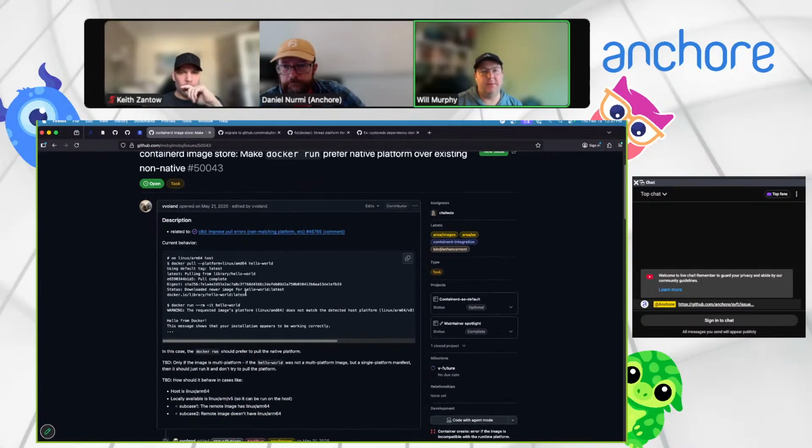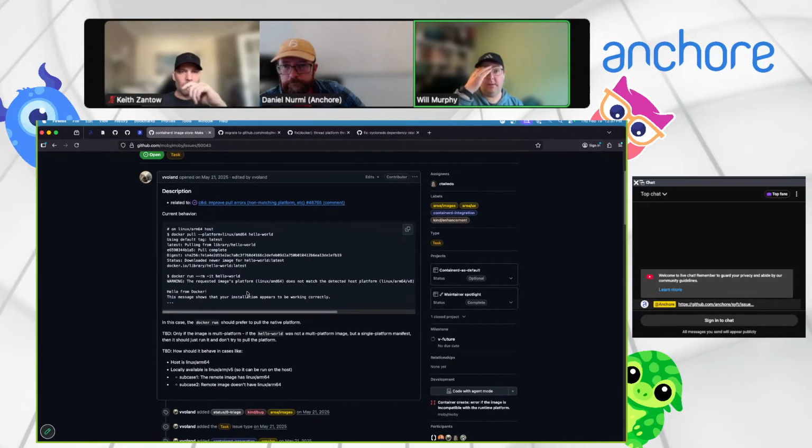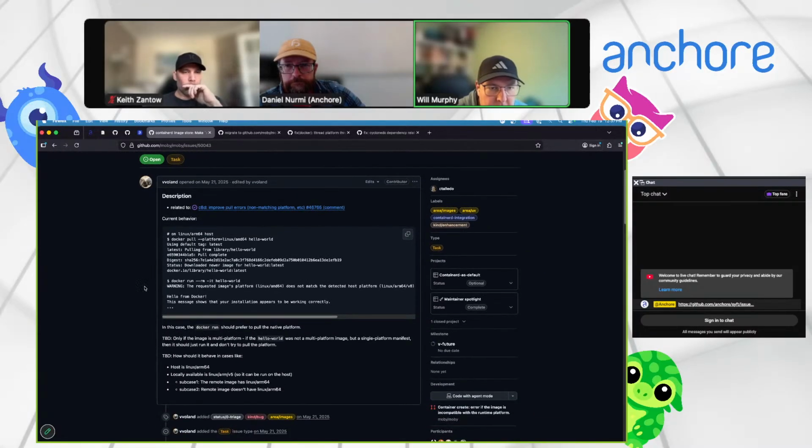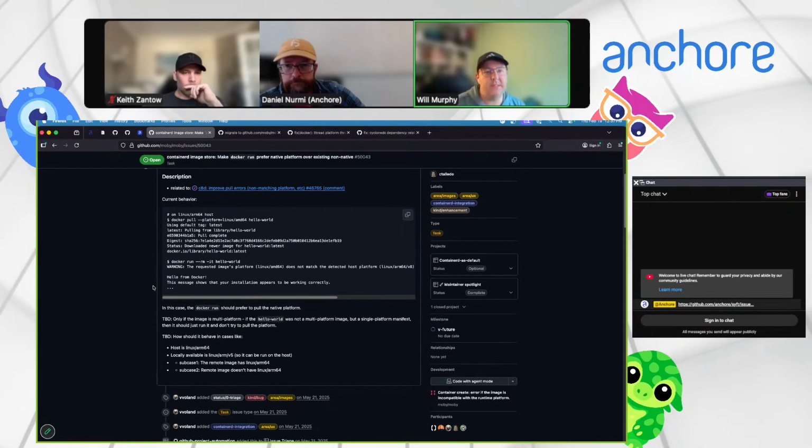right, so make Docker run prefer. So on a Linux ARM64 host, they pulled that one. See, this is interesting. Like, right, and